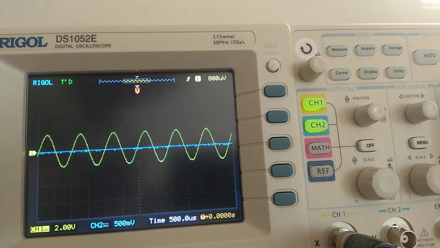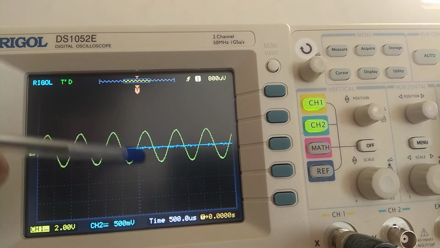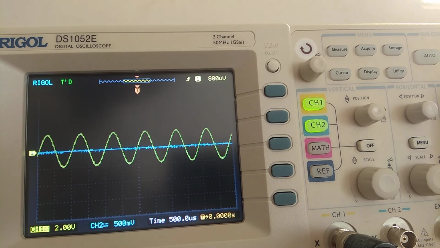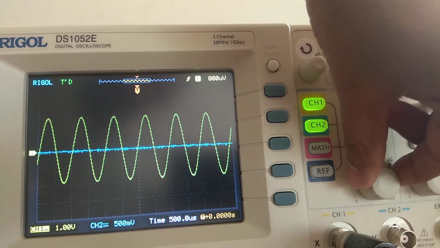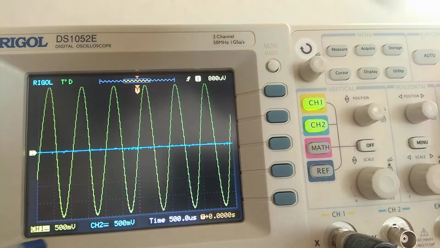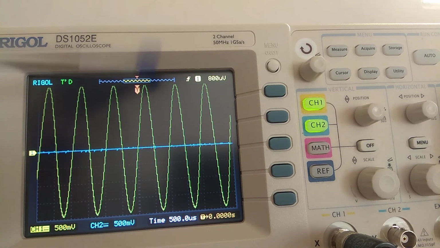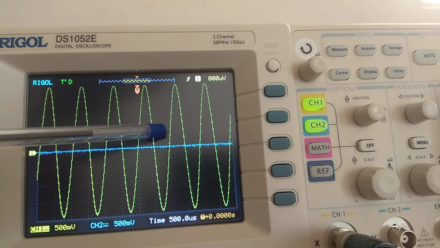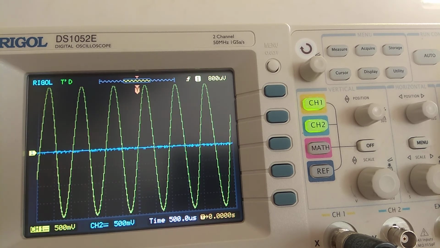Now this is the scale that has been taken at 2 volt, which means from here to here it will be counting 2 volt, and from here to here also, one block will be counting 2 volt. Now suppose I want to decrease again, now this has taken up to 5 volt. If I decrease this, now I have taken it to 1 volt, now this is 50 millivolt. Now one block will be counting 500 millivolt, and overall it will be counting 2 volt only. See, 500, 500, 500 and 500. 500 into 4 gives 2 volt.